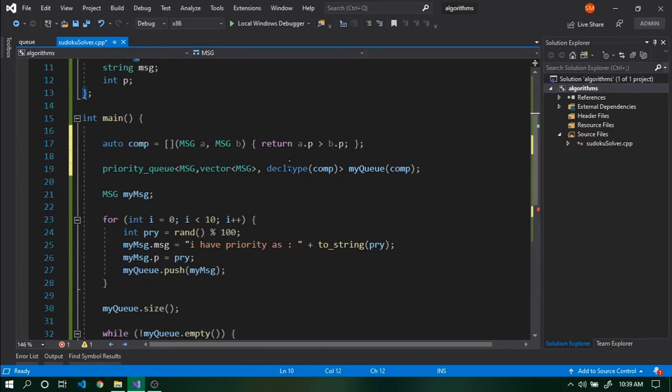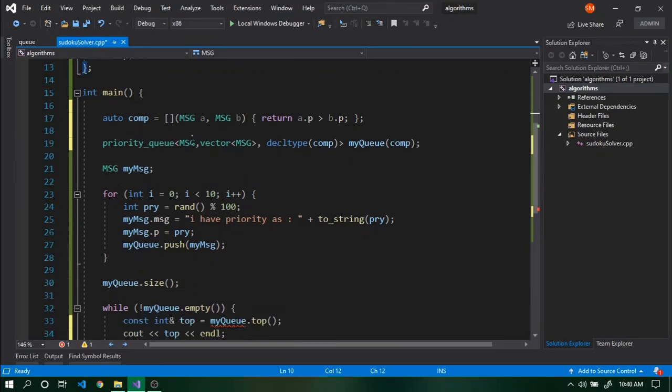Now it looks a little bit ugly, but as time goes you are going to get used to this. And all decltype does is provide the type of the function. As you can see here, if I hover over this with the mouse, it's saying it's a lambda function of boolean, taking two messages and returning a boolean, as simple as that.